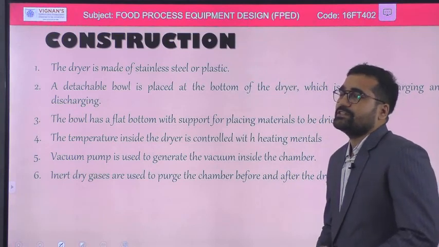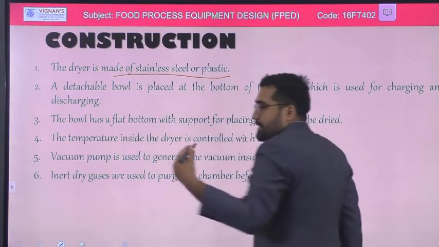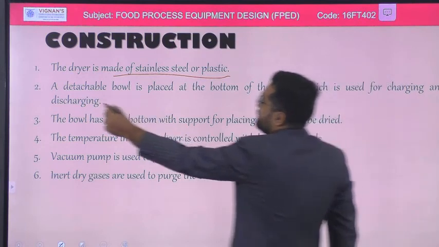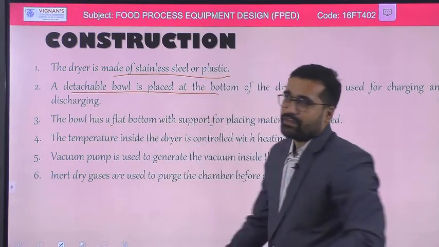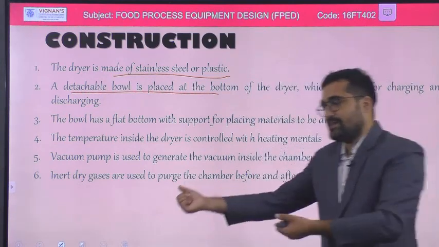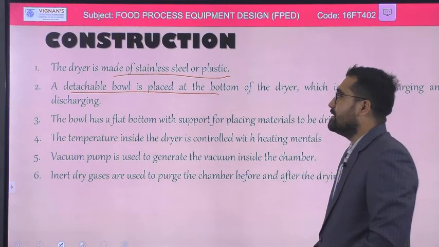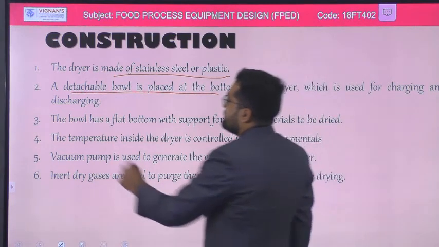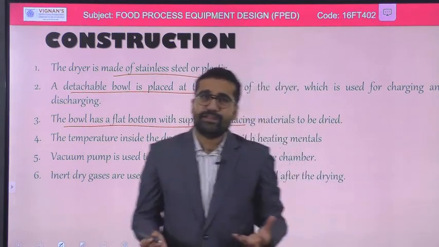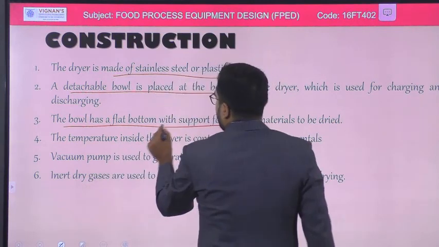What is the material of construction of a vacuum dryer? It is made up of stainless steel and plastic material, and we have a detachable bowl here. Sometimes not even the bowl, but trays or something like that, so that we can facilitate the motion, or the discharging and filling of the feed into the vacuum dryer. Then whatever plate we have should either be jacketed or perforated, so that we can flow the heated steam. Generally it is jacketed,